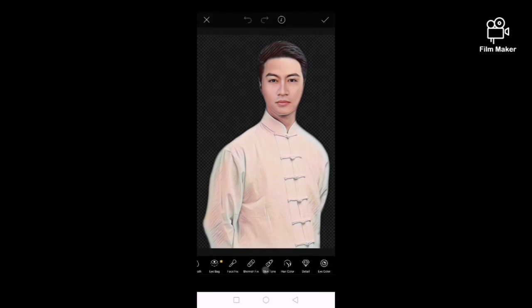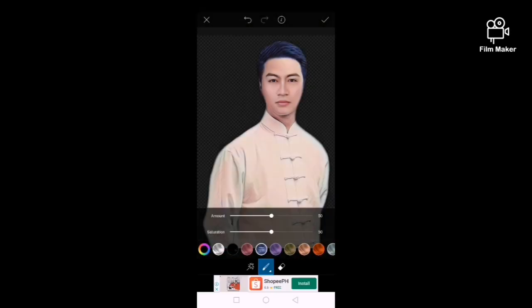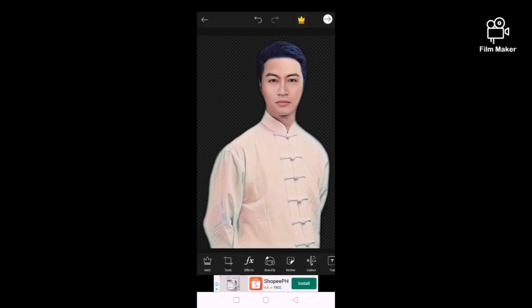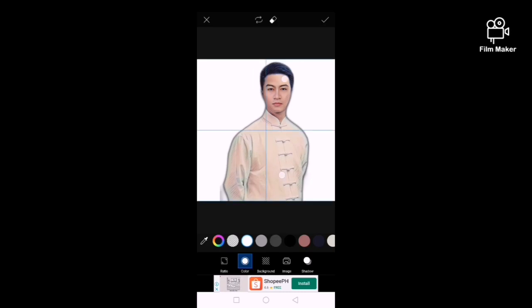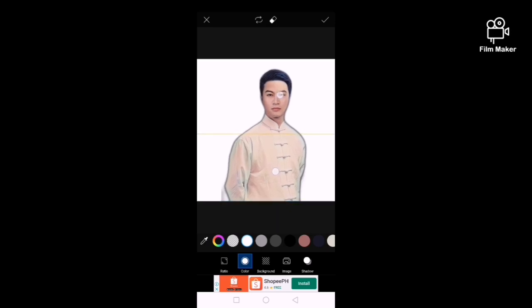After that, you can also add beauty to your picture. For this picture, I want to have a blue-like color of the hair. So you have to click hair and then you can choose different colors of the hair. To add the amount, you just have to drag from left to right. It depends upon your preference. So there you go. It looks like a natural blue highlight. After that, if you are now satisfied, you can click fit